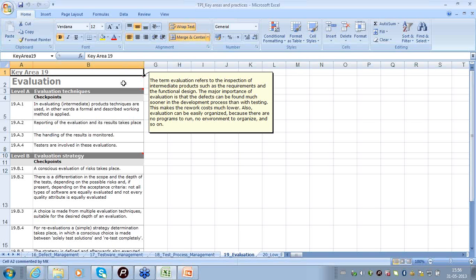So early defect detection is the essence of this process area. Typically it is executed by inspection or walkthrough, which is typically used in the IT industry. This inspection or evaluation has to be performed on all possible software development products, starting from the requirements, design, the software, and so on.